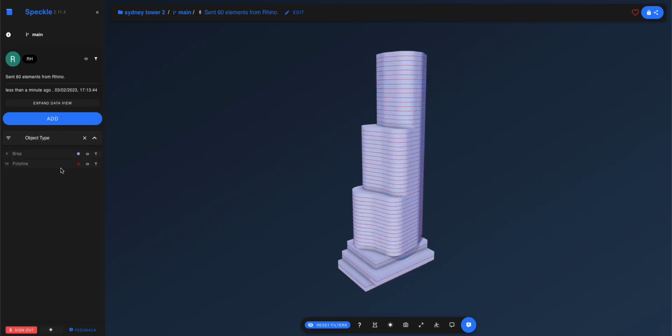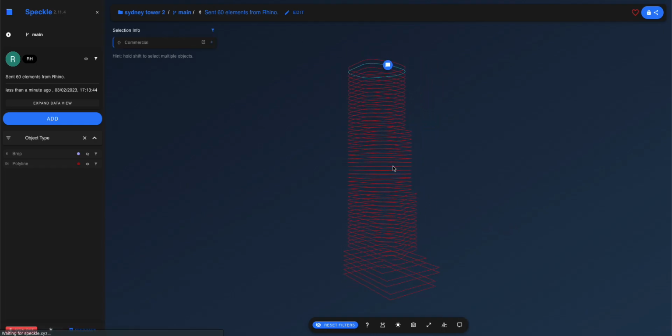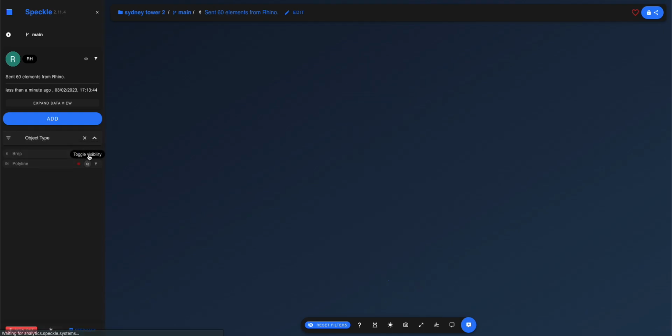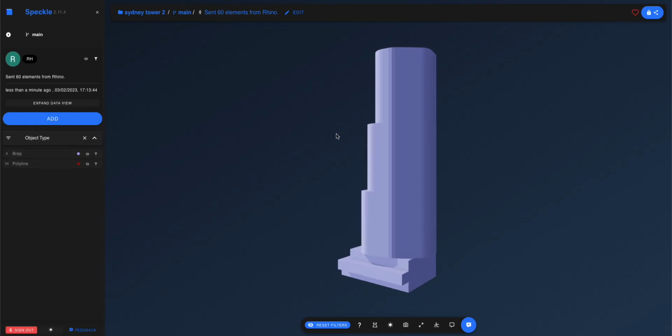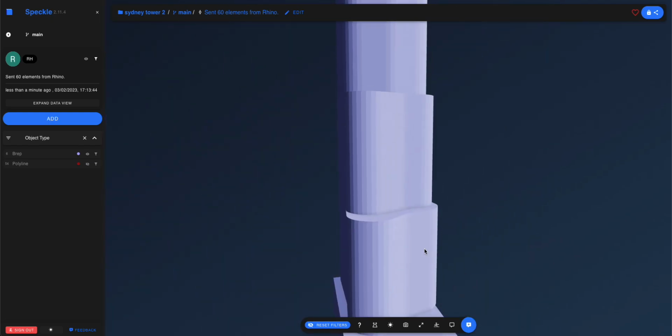And under object types, I can turn off the B-reps. You can see those polylines. So Giraffe only works in terms of polylines. And I can turn the polylines off and turn the B-reps on. And those are bringing some of the colors from Giraffe. It's hard to see in this light, but